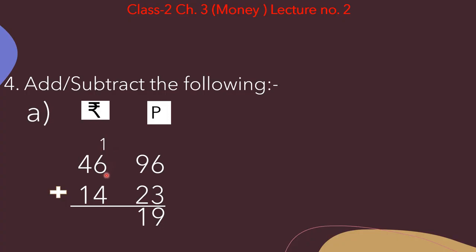Now 1 plus 6, that is equal to 7. So now keep 7 in your mind and 4 on your fingers. Now we have to speak forward counting again. 8, 9, 10, 11. So again 11 is 2-digit answer. That's why we will write 1 here and 1 will be carry over. Now 1 plus 4, that is equal to 5. 5 plus 1, that is equal to 6. So here we will write 6. So what is the answer? That is 61 rupees 19 paise.